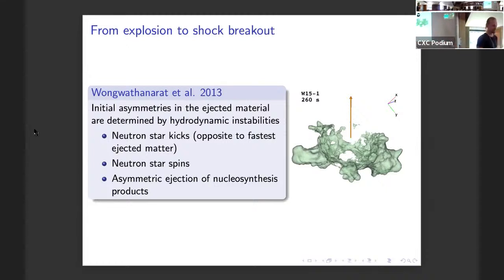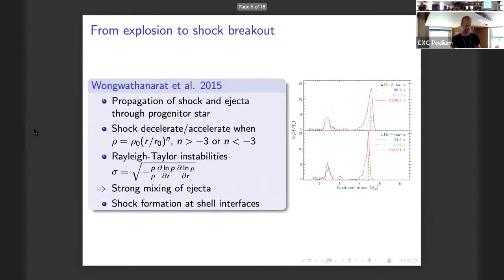And of course, the first phase of the explosion is also very important to understand in which direction the different ejecta are emitted and which elements are ejected. This is something which we will observe also in the later phases in the supernova remnant, where we have the different distributions of the different elements. And what happens now if we have the evolution of the shock and the ejecta in the progenitor? All these